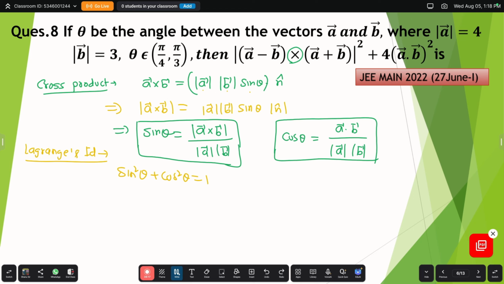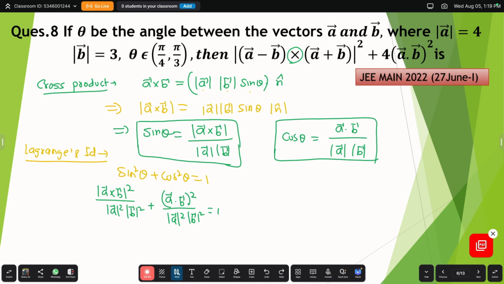And what is sin theta value? Mod A cross B upon mod A mod B. So we will have mod A cross B whole square upon mod A square and mod B square. And from here cos theta value: A dot B whole square upon mod A whole square and mod B whole